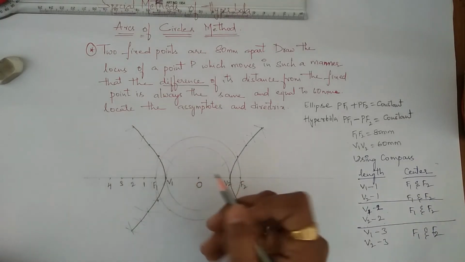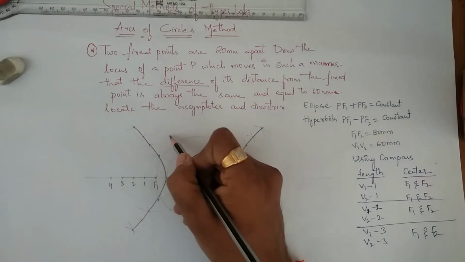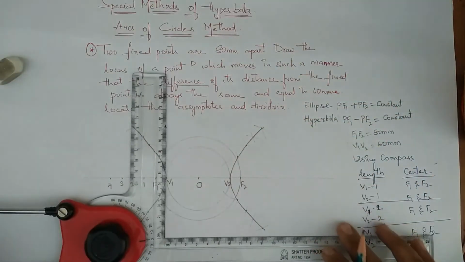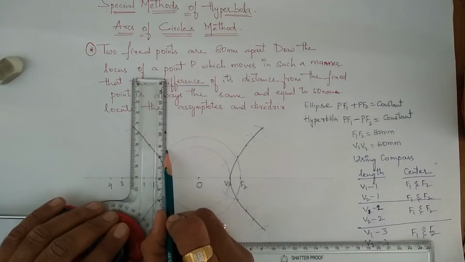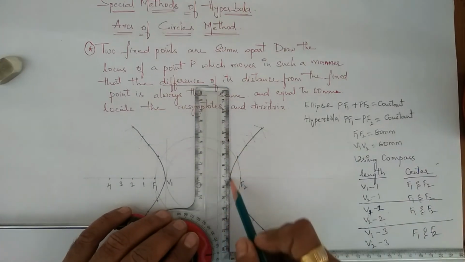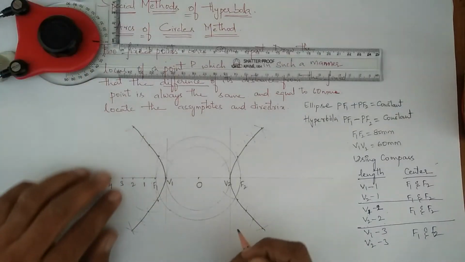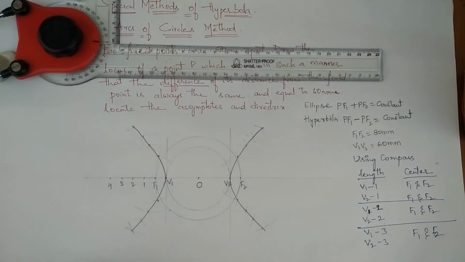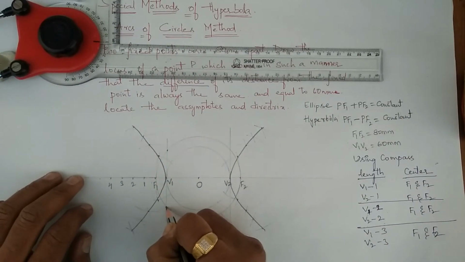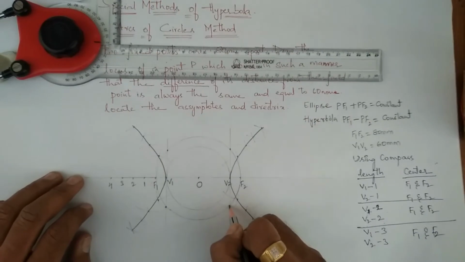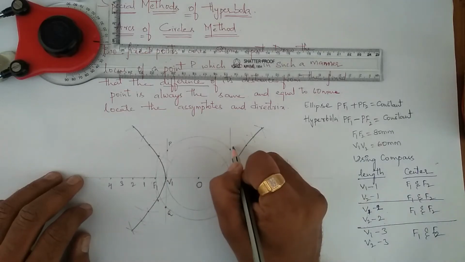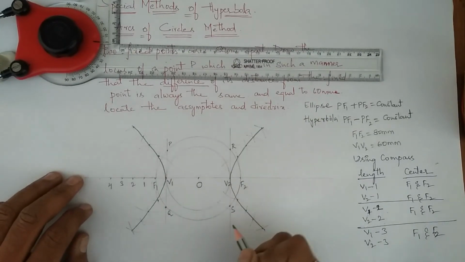Now from the point O, from the vertex point, draw two parallel lines. From the vertex point, it should be drawn very light. From the two vertex points, draw two vertical lines. Where the vertical lines touch the outer circle, mark them. So mark this point as P, this point as Q, this point as R and this point as S.